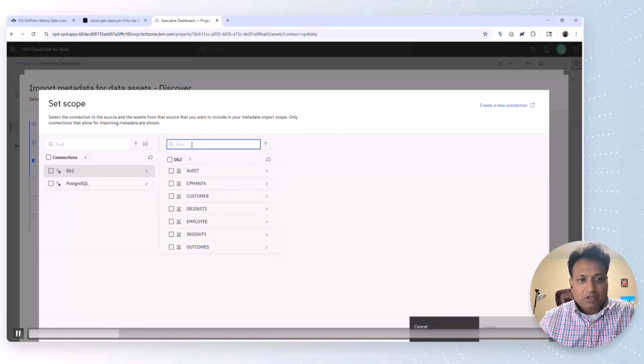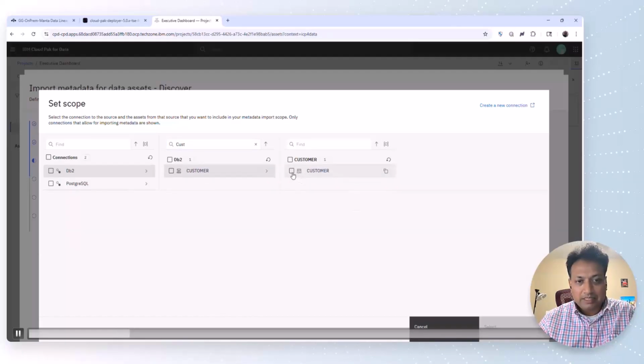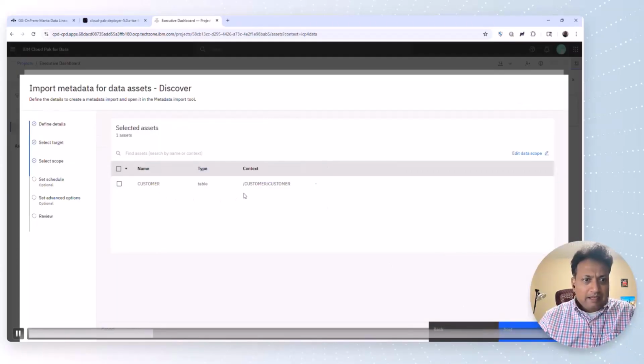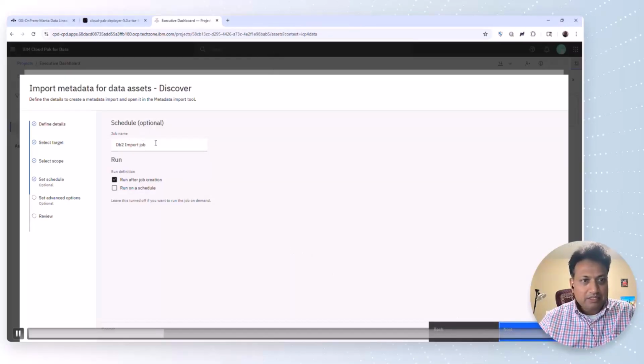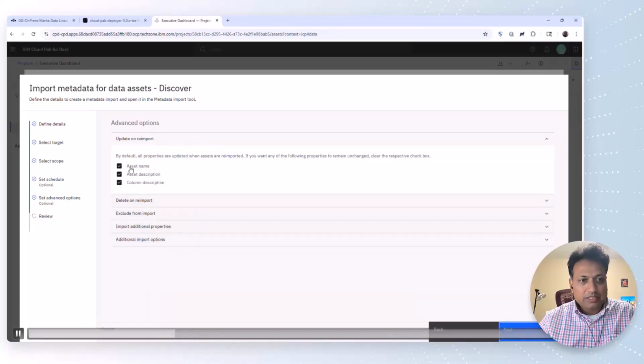Here it will display all the schema. So the customer table is under customer schema. So choose the customer schema and then this customer table. So select that, click on select, and this is the selected asset. So click on the next, and then it will show the default names here and run the job after creation. So select the default selections here and click on the next,